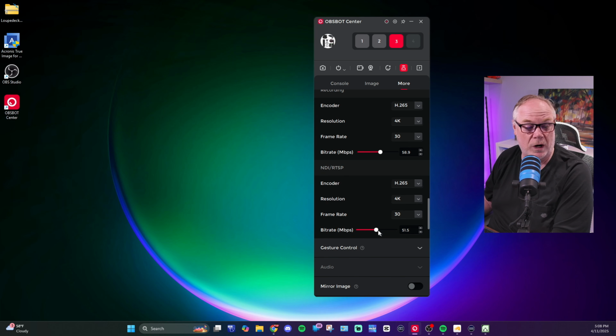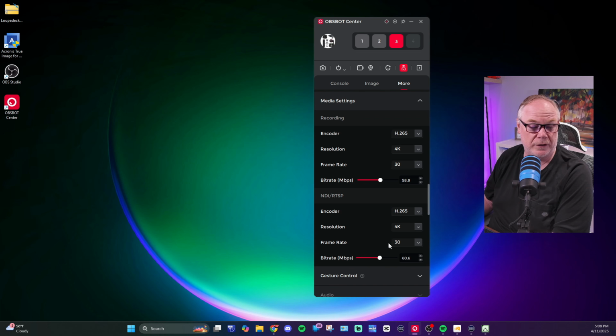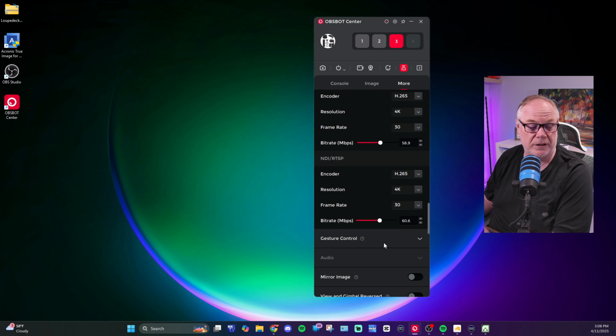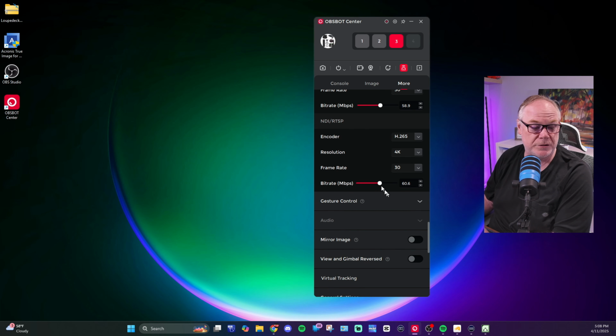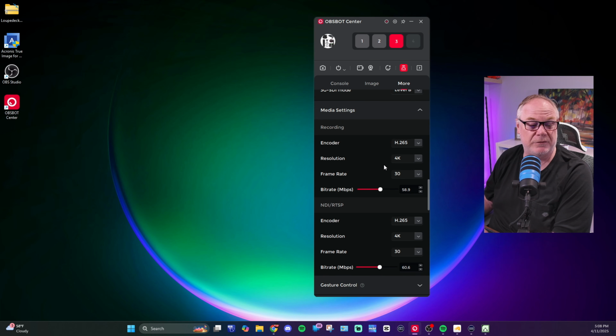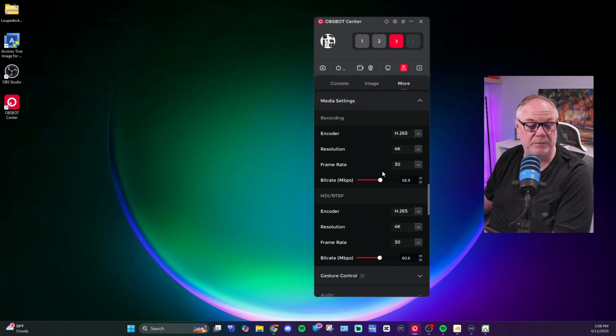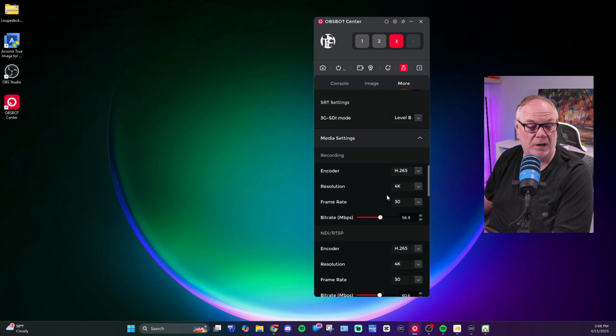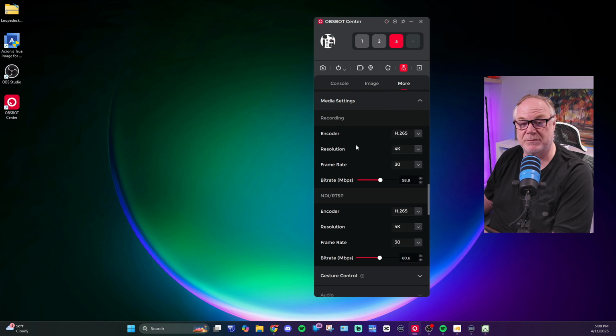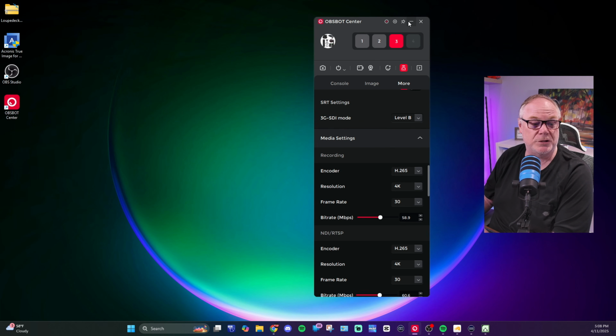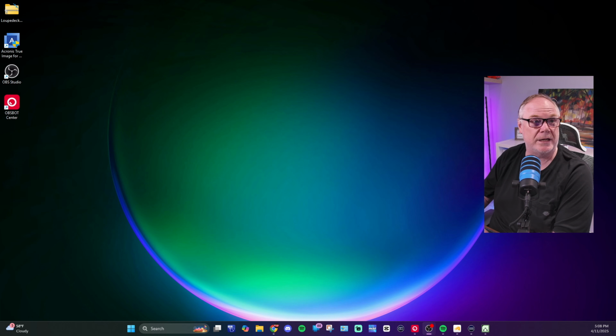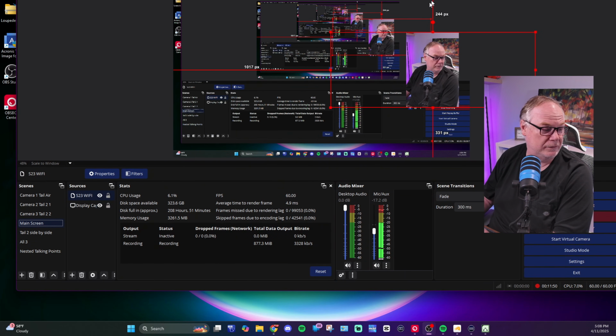Now, if you're using wired, you can pretty much full send on your bit rate, no problem, provided you have a gigabit switch. That is the biggest difference in NDI setup inside of OBSBot Center. Now, you have the exact same selections in OBSBot Start, so it would be kind of pointless for me to go over that. But now what you would do is inside of your broadcast software, which I have right here,